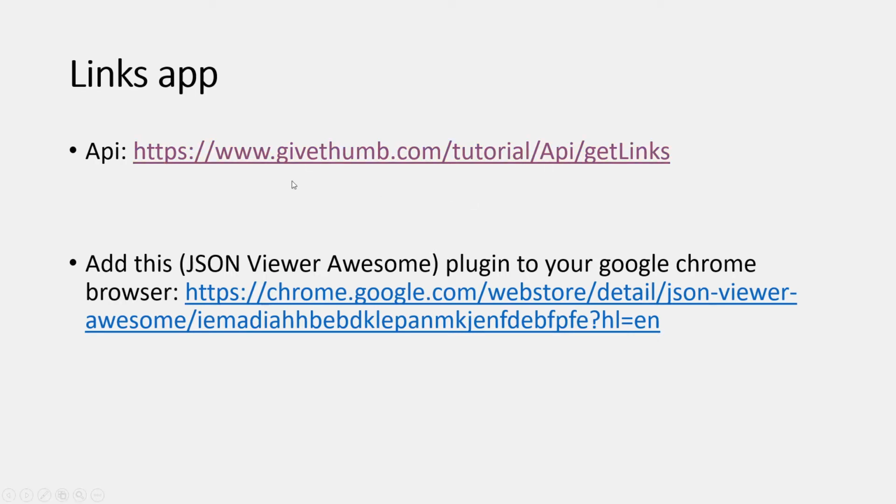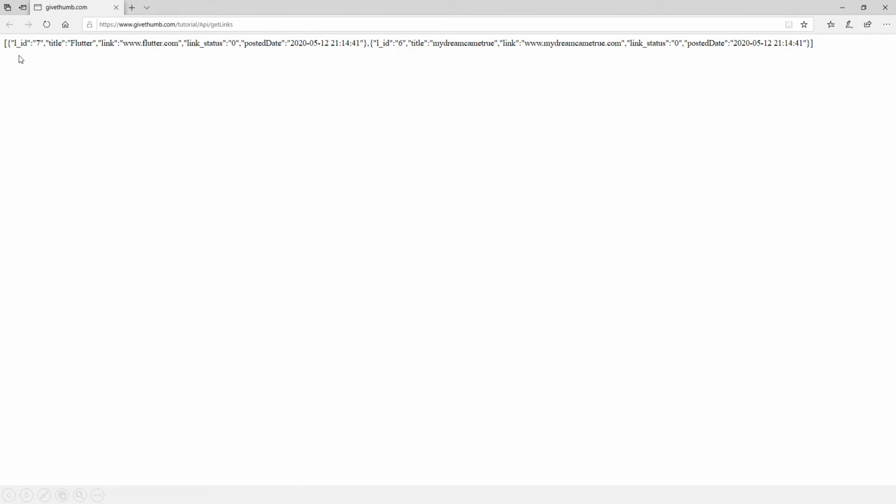And after you copied this link, just paste it in your browser. As you can see here, let me just double click on it. Yeah, here we got the data back from the database. As you can see, it's hard to read, so we have here